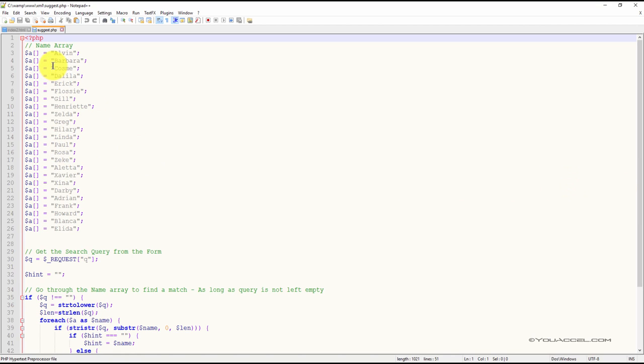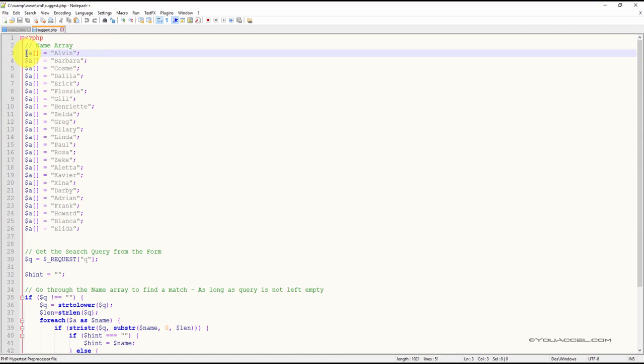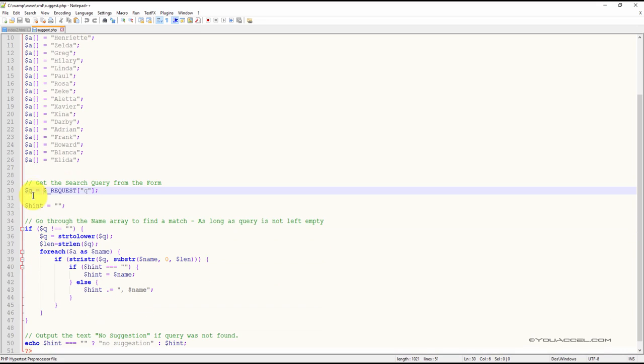On this page, the first thing we do is we start with an array variable, and we've called it A. This variable will store each name value in the array, and you can put as many names as you like here. Most of the time, this data would come from a database, but we've just hard-coded it in for the sake of this example. Once you've created your array with each name value, you'll need to create a variable Q,